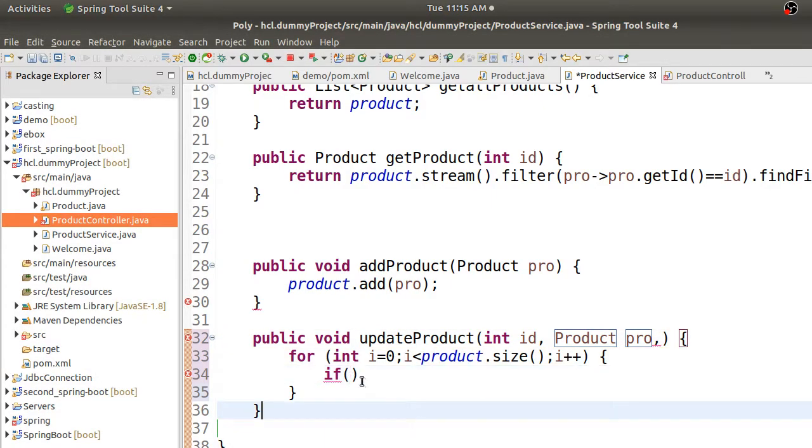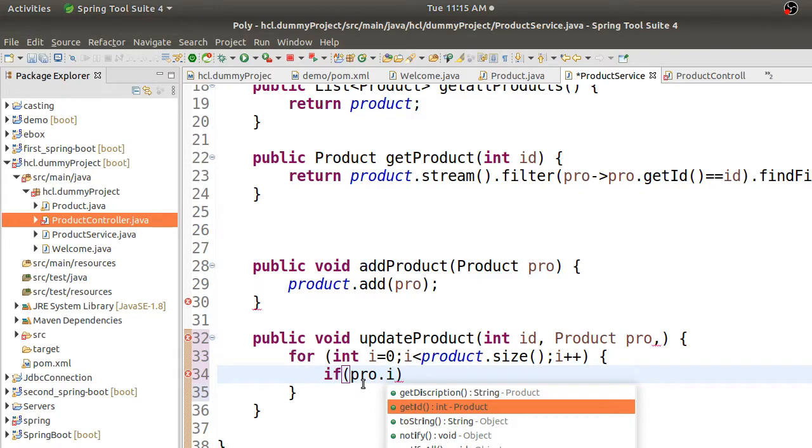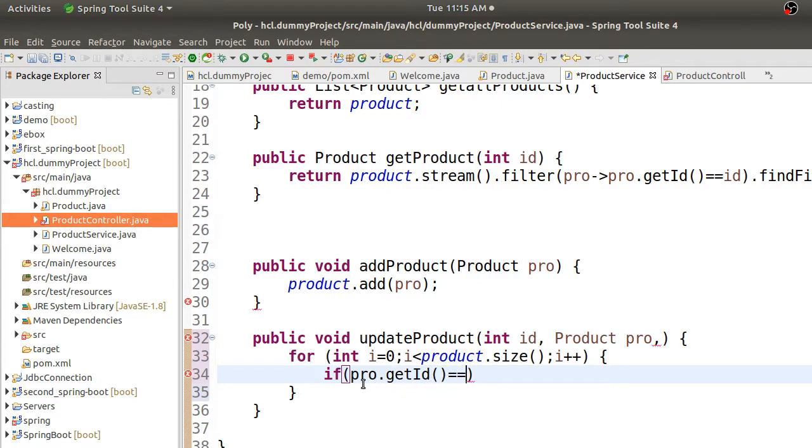So I will use this product.ID, equal to the ID which has been passed. If it is equal, then only I will do the alteration, the update part of it.